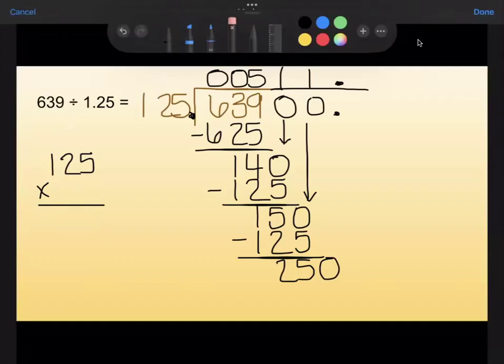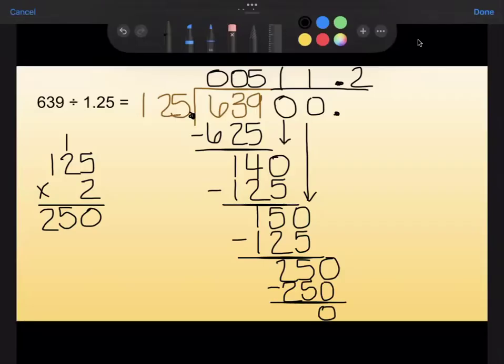I can erase that and do 2 here. 2 times 5 is 10. 2 times 2 is 4, plus 1 is 5. And 1 times 2 is 2. Yep, it's exactly 250. So that 2 goes up here. The 250 goes down here. When I subtract it, 0 left over. So no more numbers to bring down and no remainder. My answer to this one would be